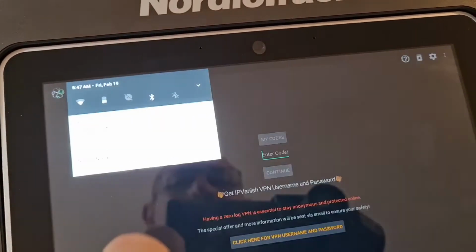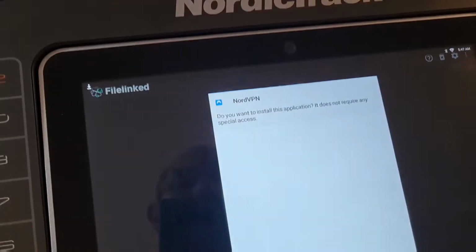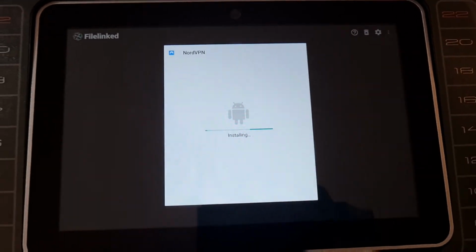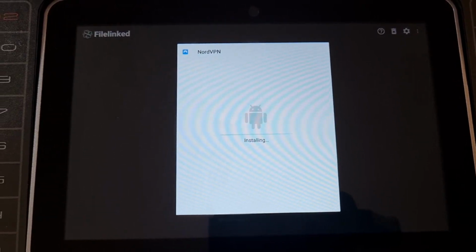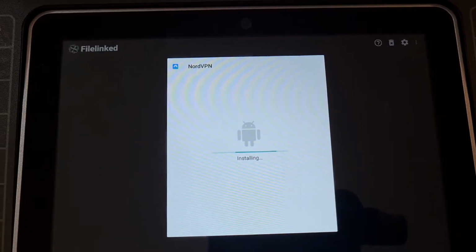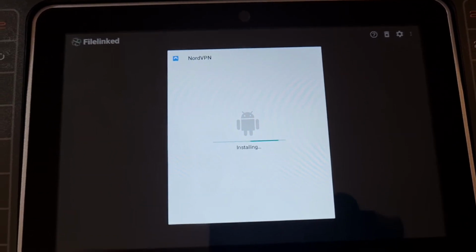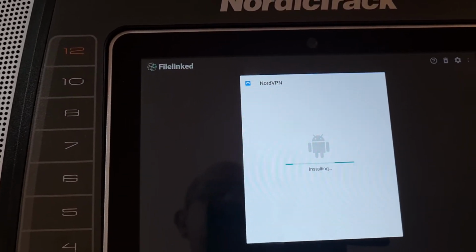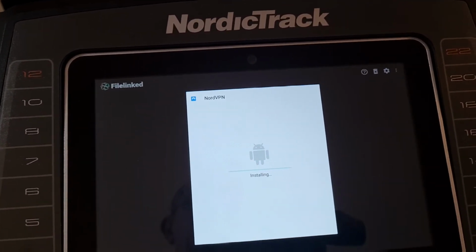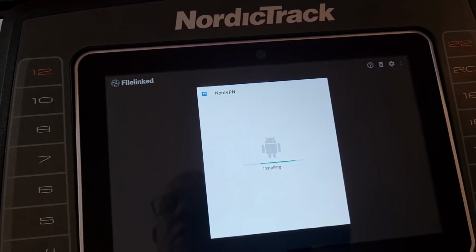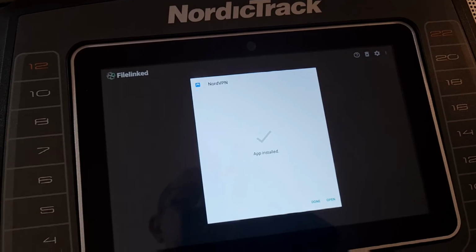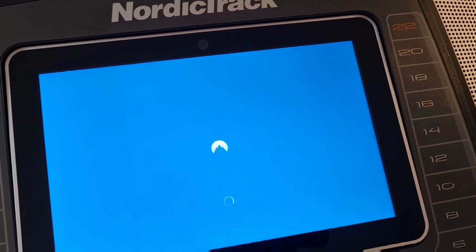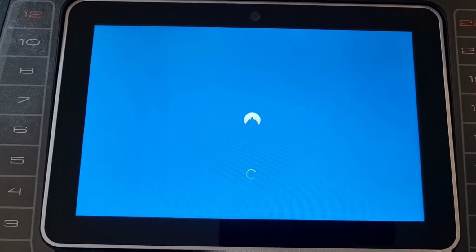Also up the top, if you pull down, you can see that I've got NordVPN. I can install my NordVPN, which is handy for doing stuff if you feel that you want to use a bit more security in your browser. You can do that as well. So I haven't actually shown you how to install anything else, but this is how you install stuff using it. I'm not going to install anything that could be seen as using something that you shouldn't, but I will open that. So there, that opens up nicely. So NordVPN opens,